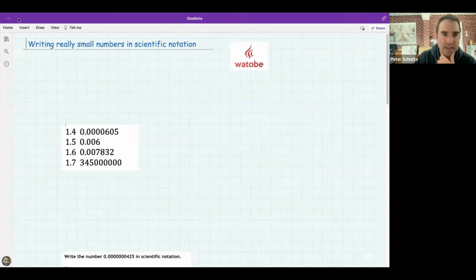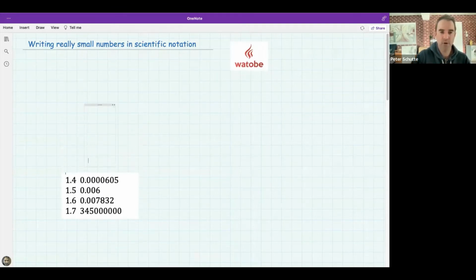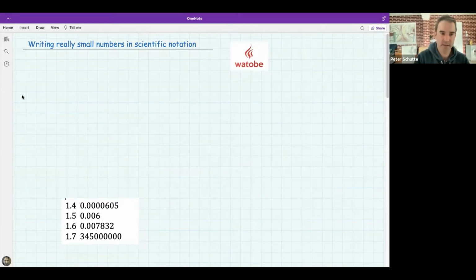So what was happening in the last lesson? Let me quickly move that up to the side there. So in the last lesson, we spoke about really big numbers. And we spoke about, let me just move this down. We spoke about, say, a number like,